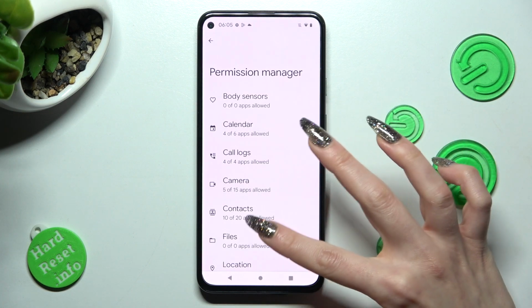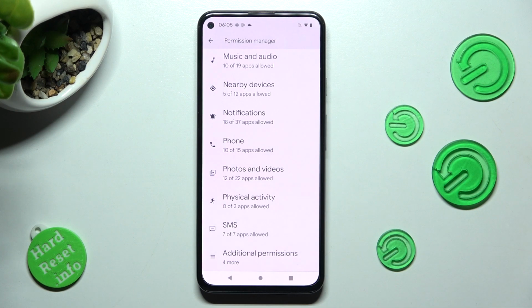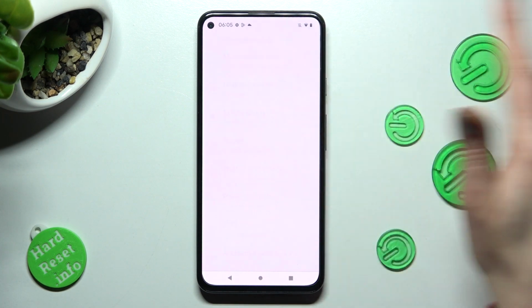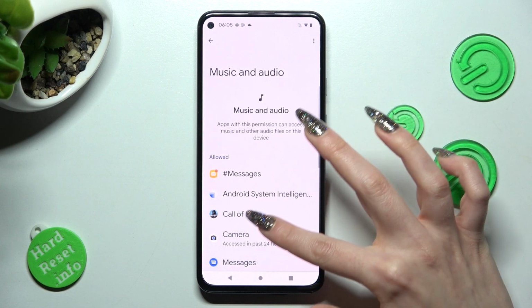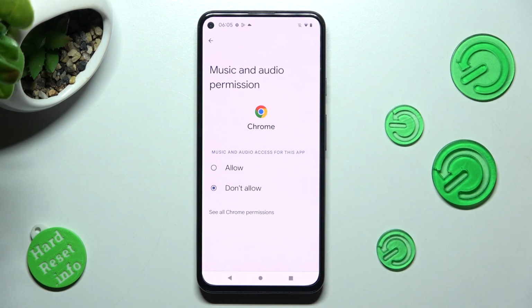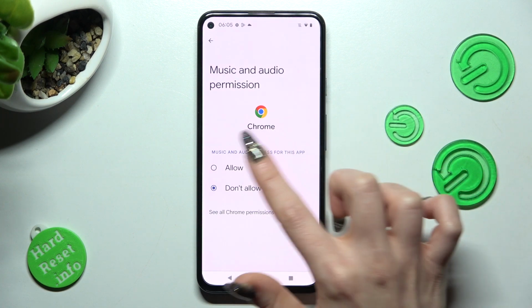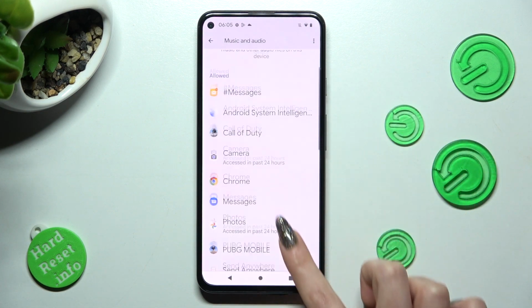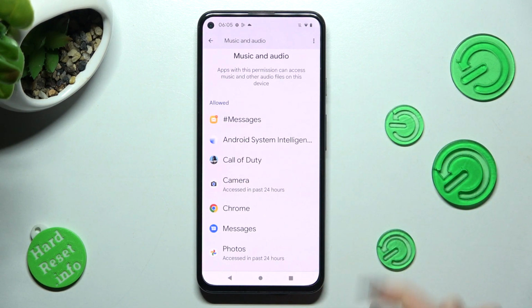Finally, click on one of those options, in my case, maybe Music and Audio, and tap on an app. I will go with Chrome. Then click on one of those options, Allow or Don't Allow. I will go with Allow, so when I go back, as you can see, Chrome just gained access to my